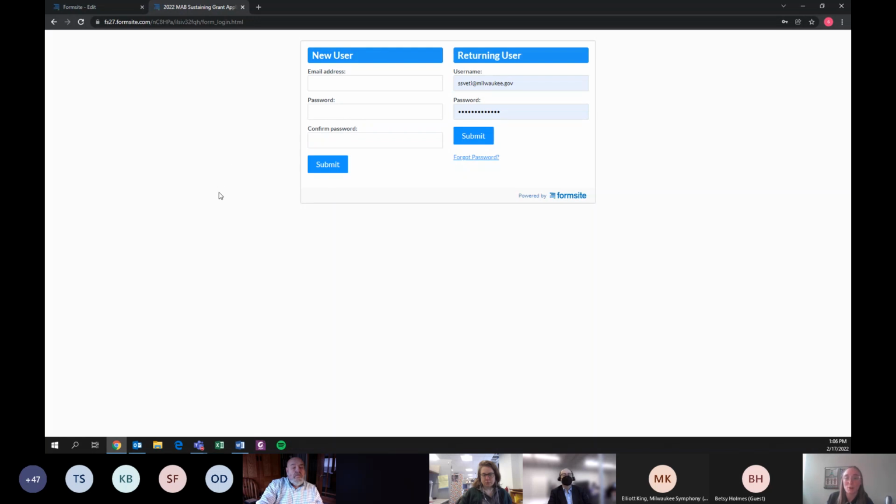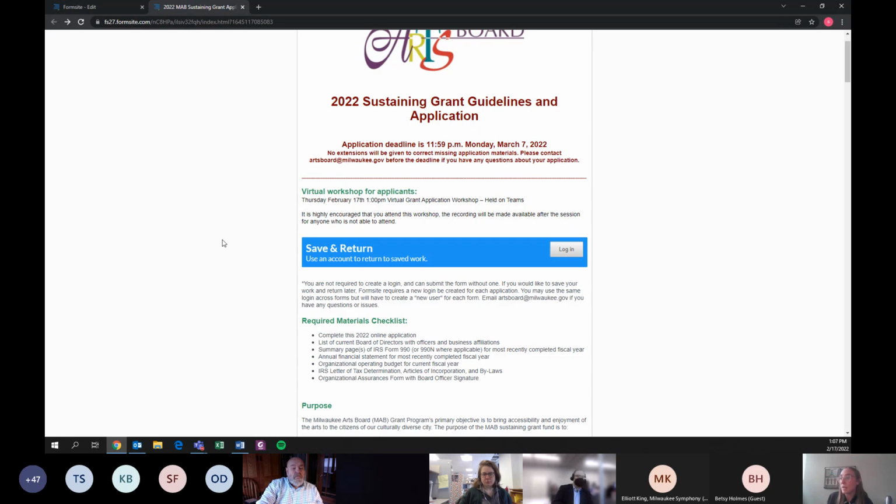Everything else is pretty straightforward, so we tend to like it for that. But this one function is a little bit odd in that way. You are able to use the same login for each form. So if there's one that you just want to stick,